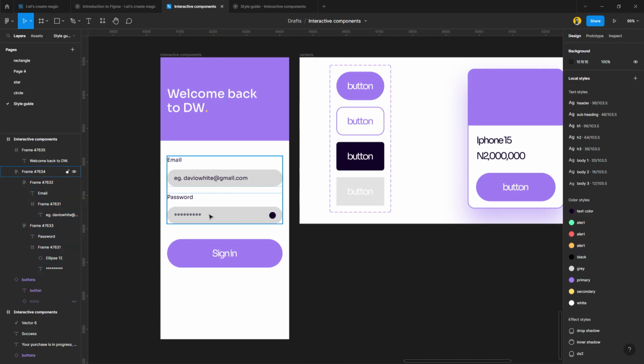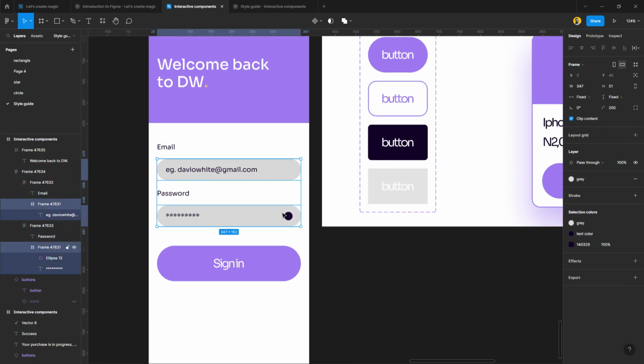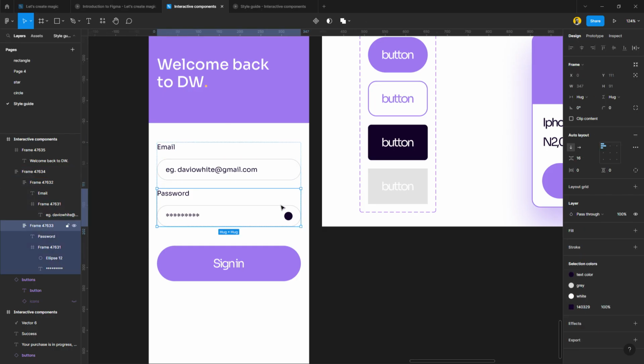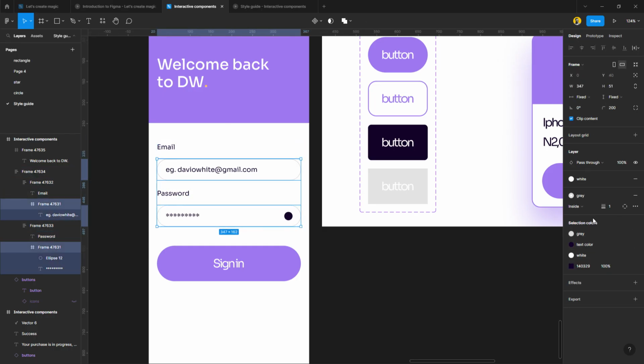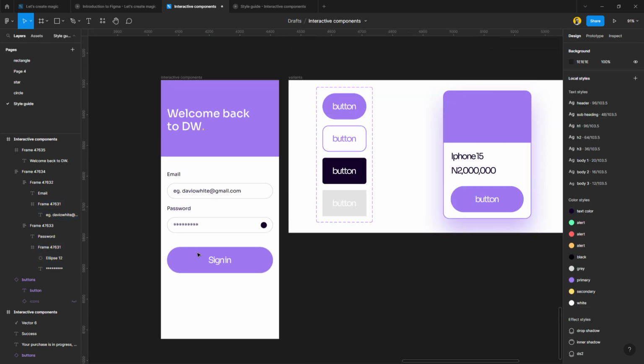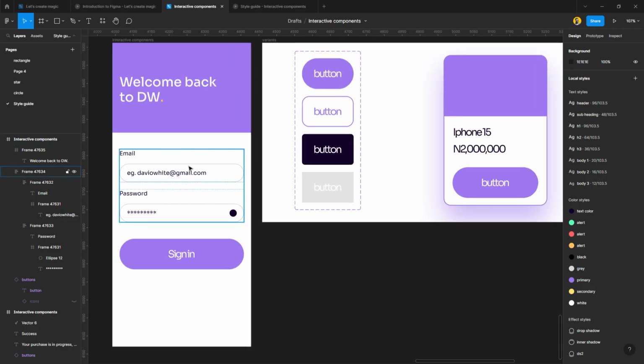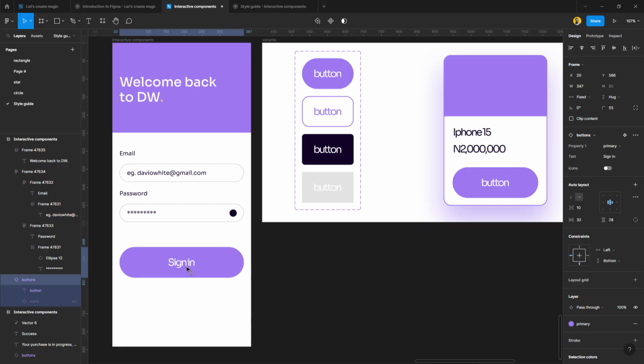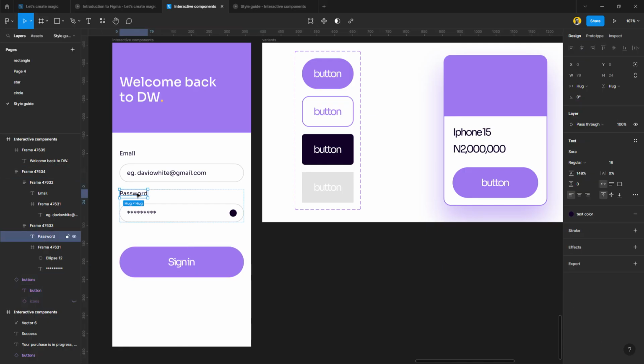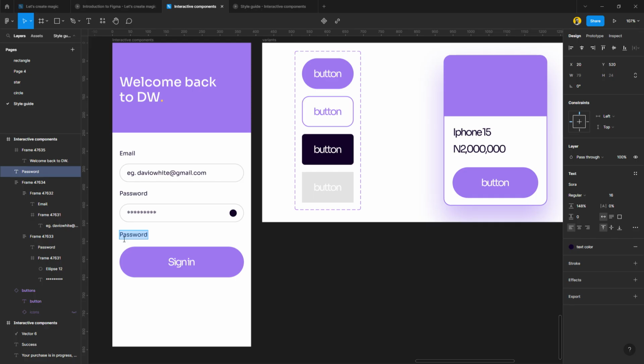So we have this just going fine, and then we can select these two and give that stroke that gray and give the fill white. Right, and this way we can increase the width of the stroke to 1.5 or 2, and this is what we're going to have. All right, so this is for the input field, and this is the button, and you have to just keep it consistent. Don't forget we have something we usually do here, which is forgot password,